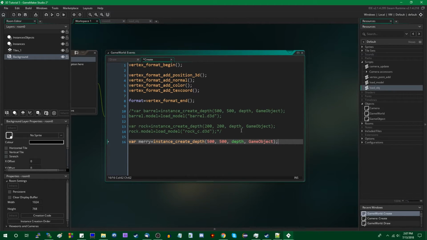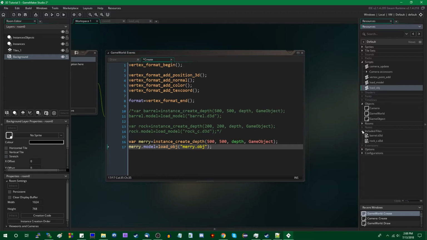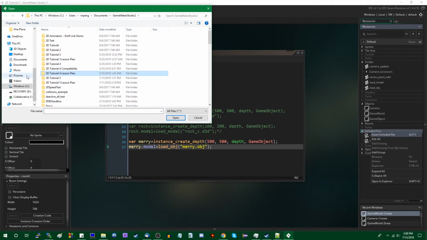game object. If you have not been following this mini tutorial series on GameMaker Studio 2 3D, your code for instantiating an object, a model, might look a little bit different. But I'm just gonna say Mary.model equals load_obj, Mary.obj, and I need to add that as an included file because I have not done that yet.